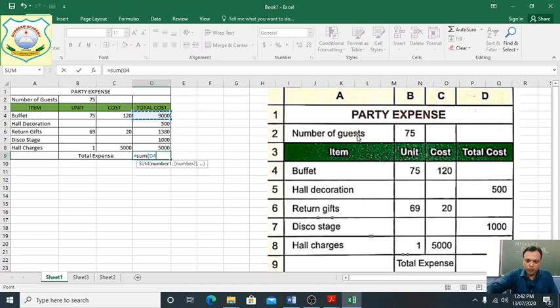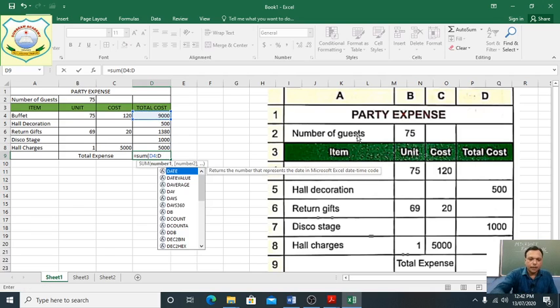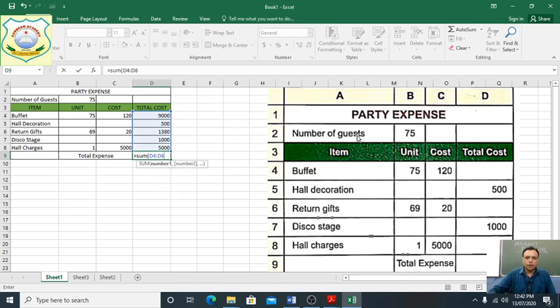Now we will use shift semicolon and write there D4 colon D8. Okay, all from 9,000 to 5,000 is selected. Now bracket, press enter. What have we got? 16,880.